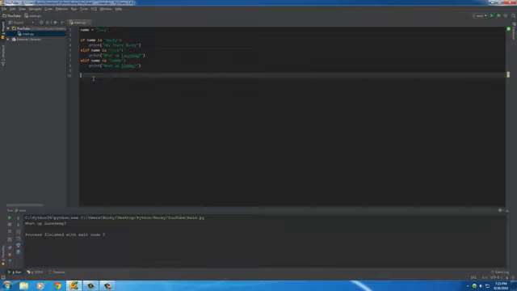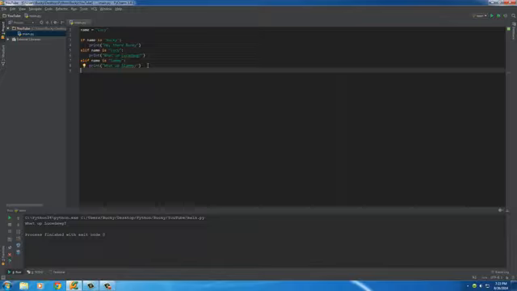Okay, simple enough. So now we have a way where we not only can make a decision, like in that beer example, but we can also make a decision to decide between more than one option. Now, there's one other thing I want to talk to you guys about, and that is, what if we ran through all the options and none of them were true, but we still want to execute a certain bit of code?